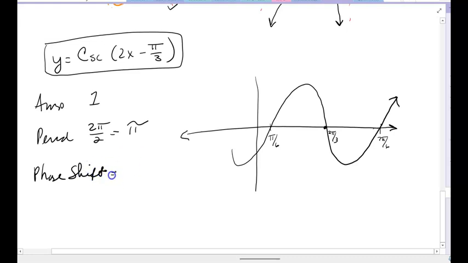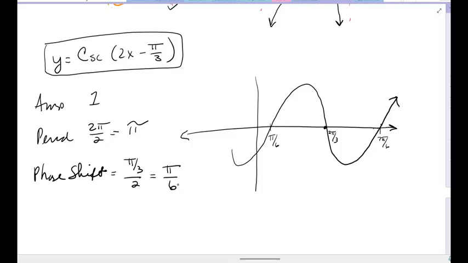There's going to be a phase shift of c over b, so it's pi over 3 over 2, just like a sine and cosine graph. And that's going to be pi over 6. All right, divide by 2 times a half, pi over 6. So you have the information, and then you say to yourself, okay, I know cosecant is a reciprocal of sine,